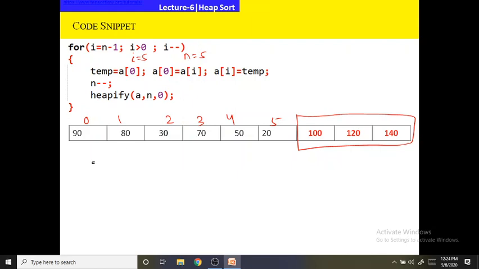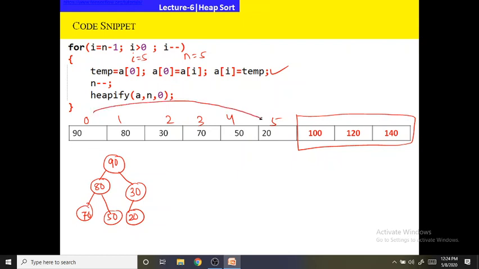Next, let me redraw the tree. 90, that child is 80, that child is 30, 70, 50, then 20. Next, I will swap a of 0 with a of I. a of I means a of 5. So swap a of 0 with a of I.